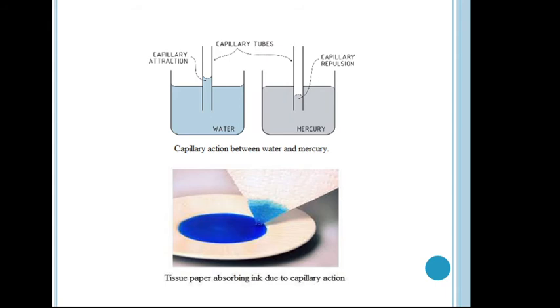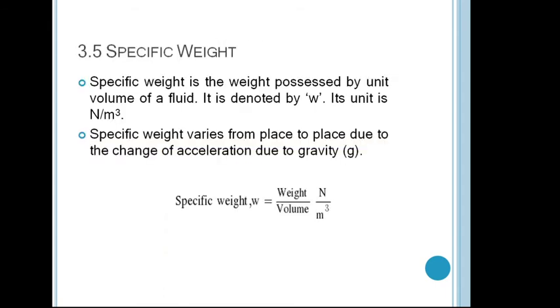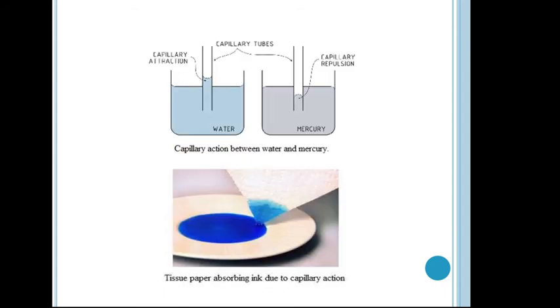When you immerse that glass tube vertically in a container, the fluid will either rise in that tube or fall in that tube. Both the cases, rise and fall, are presented over here. If you insert the capillary tube inside water, then the water will rise inside that capillary tube. Here you can see the difference between the two levels. This is the level of water inside the capillary tube, and this is the level of water inside the container.